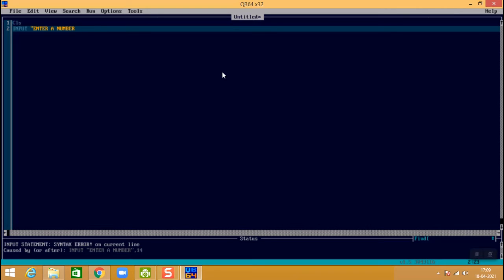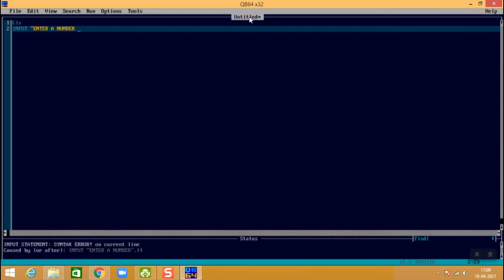It's a very smart application. If you make any mistake, here is the status bar where it will show all the errors and mistakes you have made in the coding. So you have no tension while writing the code. Because I have not completed the statement, it is showing a syntax error in the input statement. As soon as I end my statement, it will show okay, which means everything is fine. So you don't have to worry.